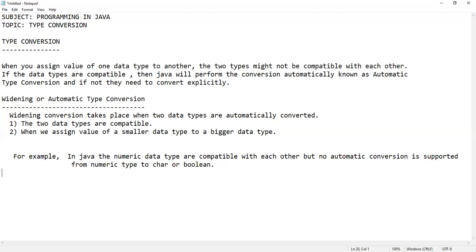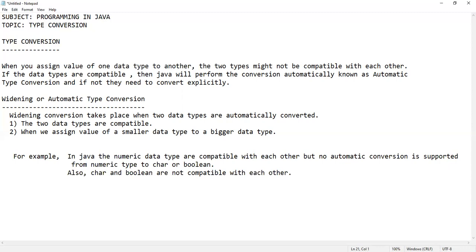Also, character and boolean are not compatible with each other.